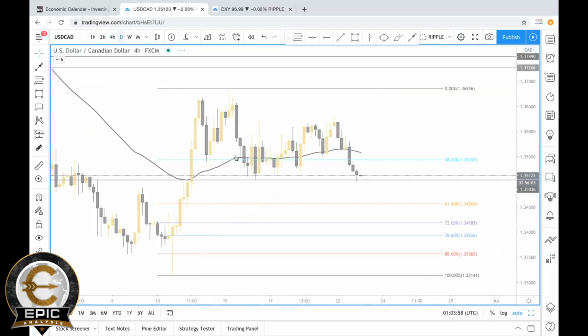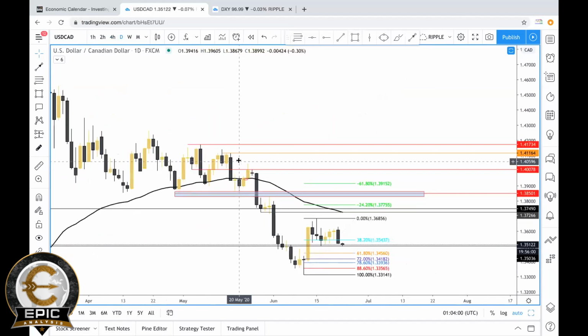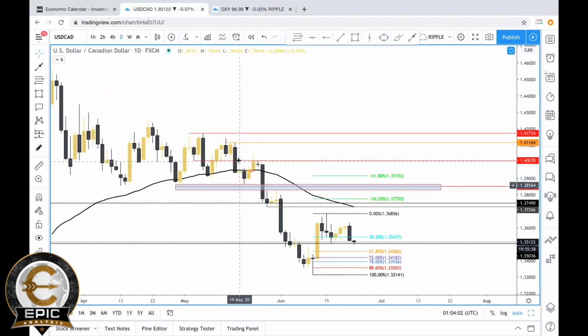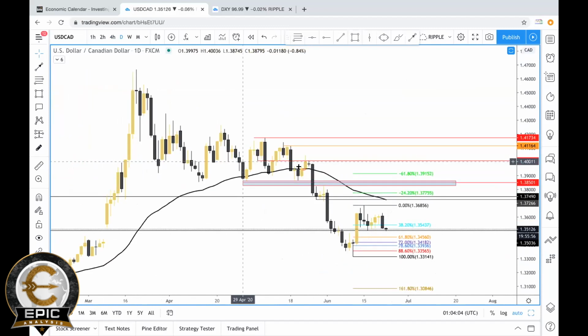Let me start off on the daily time frame. From about 140, the market dropped all the way down to about 133 in one strong move. So overall, this was moving bearish, and then the market found support, and then we saw a bullish engulfing candle that engulfed the previous 6 days, and then the market pushed back down about 50% of that bullish engulfing candle. So looking at this on a 4-hour,